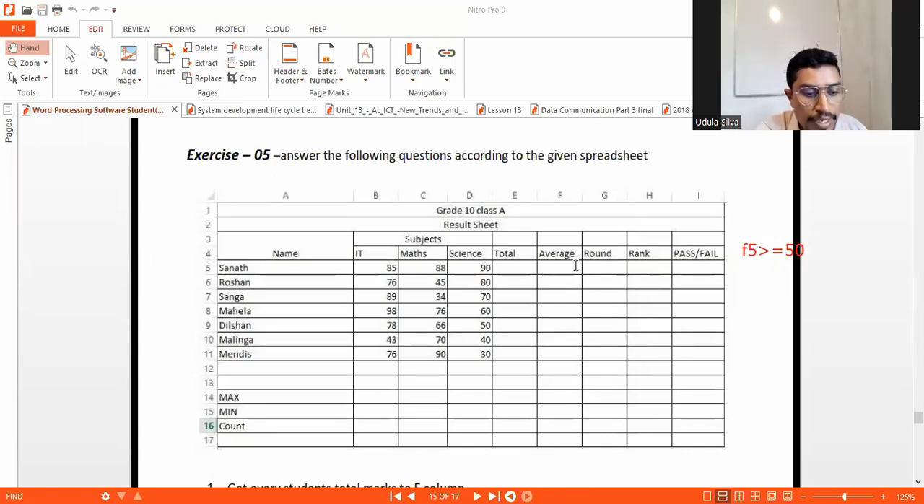Find the total, average, round, rank, pass for Senath. Find Senath. And then maximum for ICT, minimum for ICT, and the count of the number of students. But what do I count for the number of students,